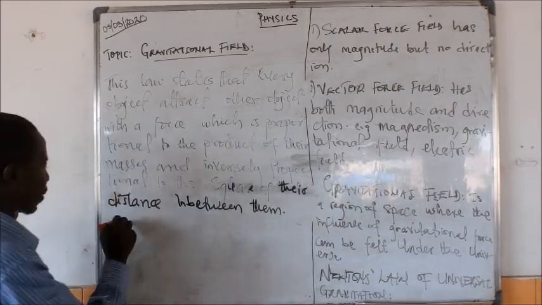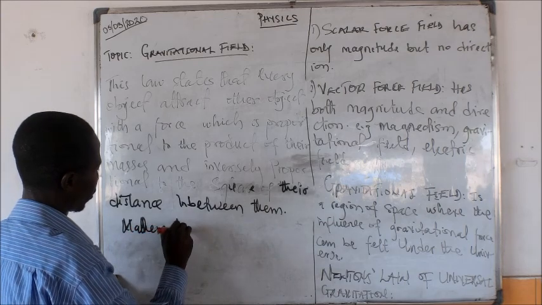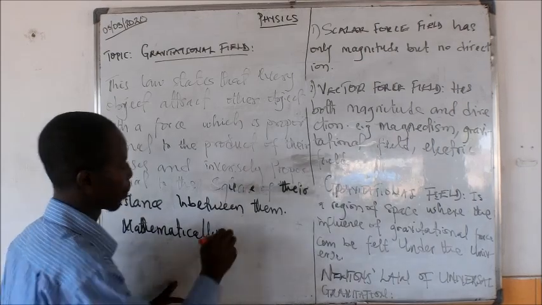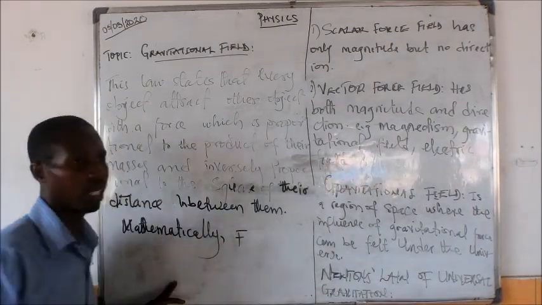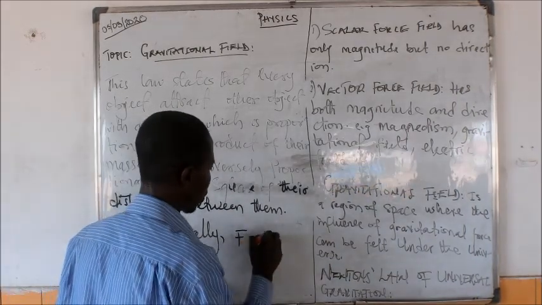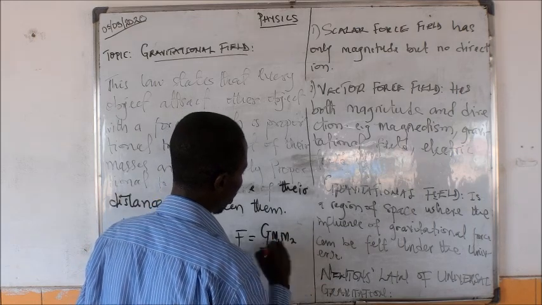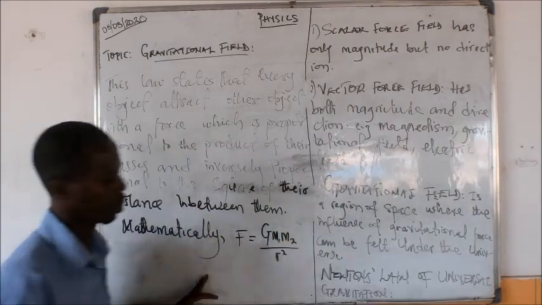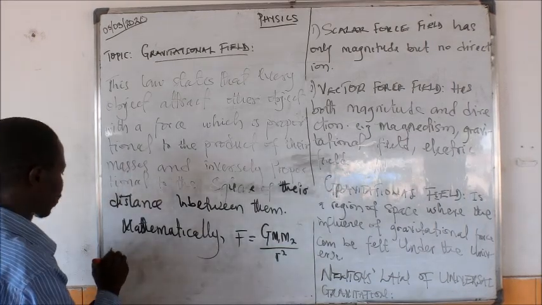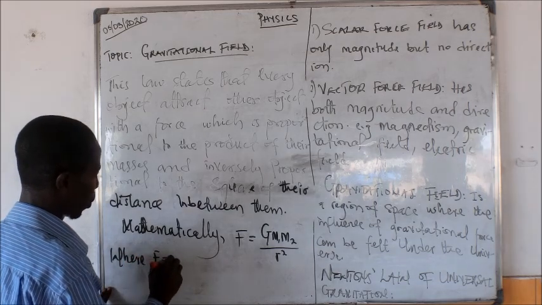And mathematically, the gravitational force, which can be denoted as F, equals G m1 m2 over r squared. Did you get it? Okay. Then where F is equal to